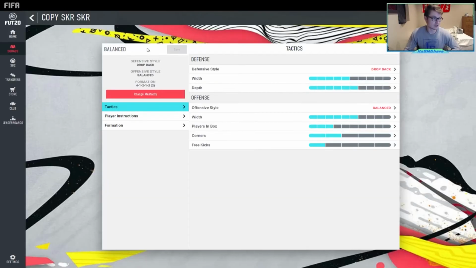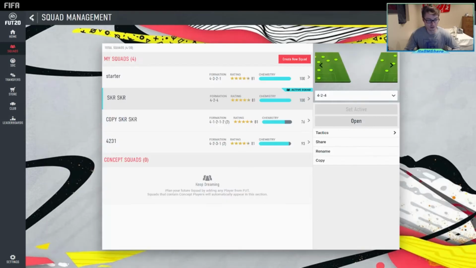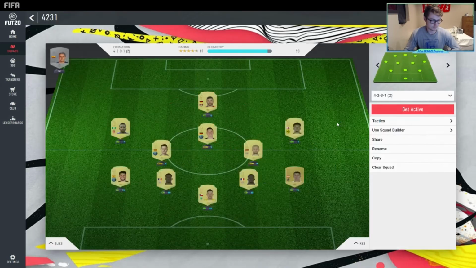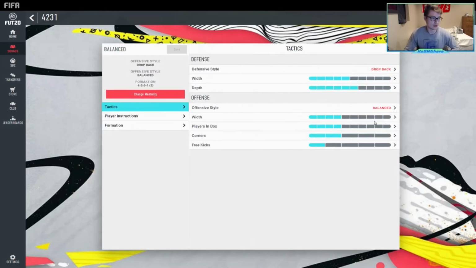So again, that is going to be the 4-1-2-1-2 narrow, which is again more of the attacking mentality, which is also what I'd use to start out in the game. For the 4-2-3-1 wide formation, again the ones with the left and right mids instead of the 3 center attacking mids, this is how I line up. I would say it's pretty self-explanatory based on the team that I have. So if we go to tactics here,